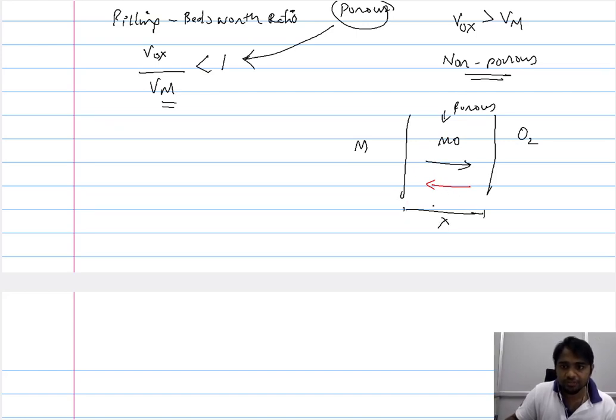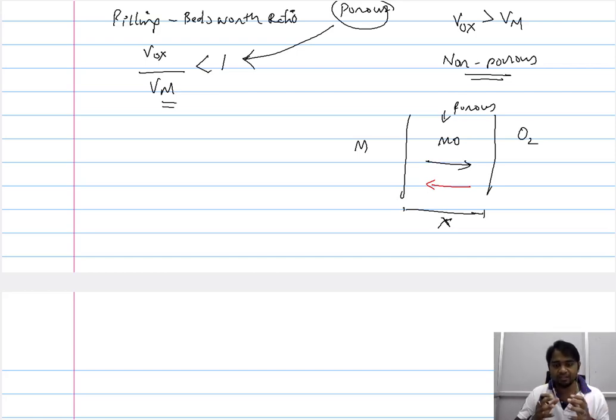So if the thickness of the metal oxide is X, since the rate at which the ions move is very fast and the thickness of the metal oxide is relatively small, the rate of the oxidation is not governed by the mobility of the ions within the metal oxide. To put it in more general terms, since the movement of the ions across the metal oxide layer happens too fast, they cannot be the rate determining step. So they do not govern the rate of the overall reaction because they are so instantaneous.